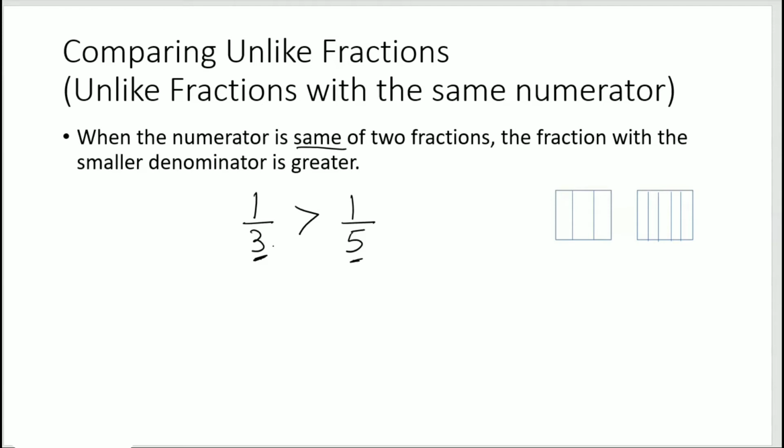Now let's see with this model. Let's say these two are of the same size. This I have divided into 3 equal parts. Assume these to be 3 equal parts, okay? 1, 2, 3. And this I have divided into 5 equal parts. 1, 2, 3, 4, 5. It's of the same size, okay? Now, if I take one part out of 3 parts, this is 1 by 3. And the second one is 1 out of 5.